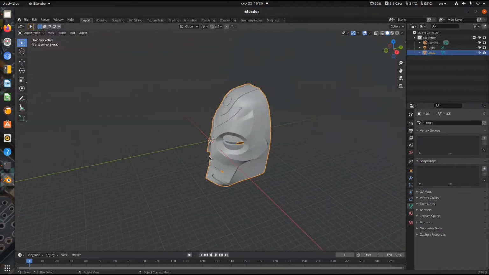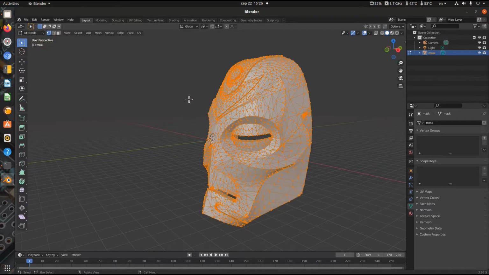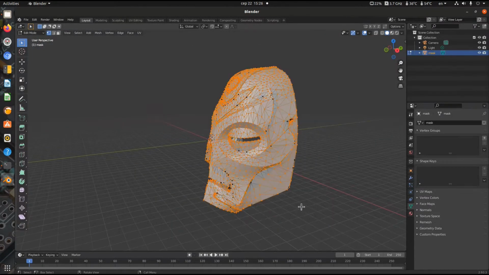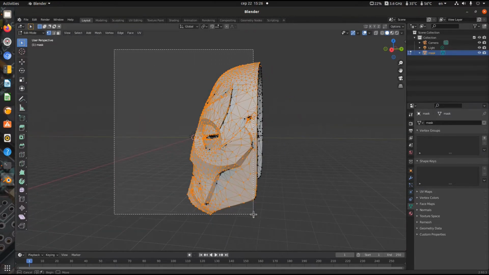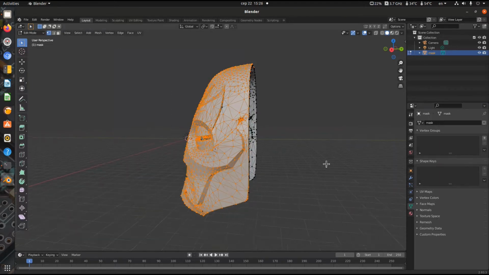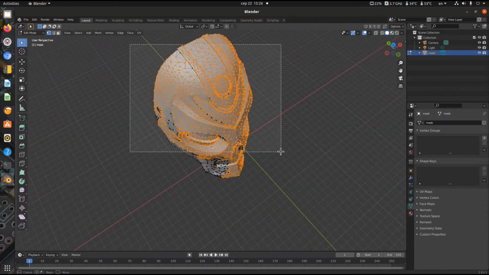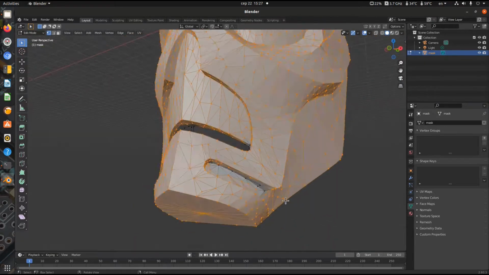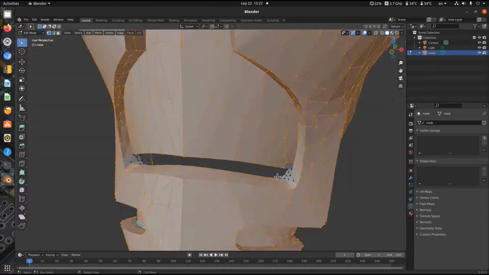Alright, I've imported the STL file in Blender. Now I need to change from object mode to edit mode. While in edit mode, I left click and drag to select, and then hold the shift key to select again. Then, still holding the shift key, I'm selecting individual points, also called vertices, that were not selected.